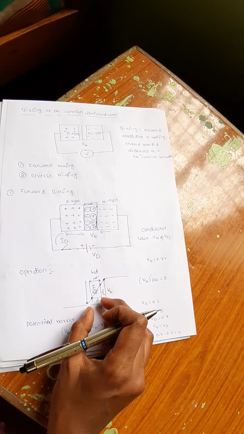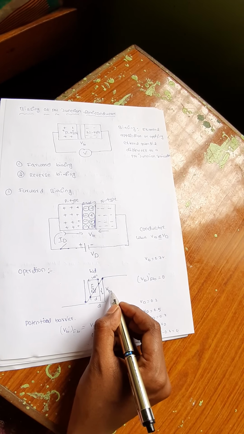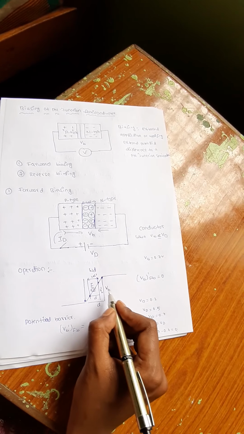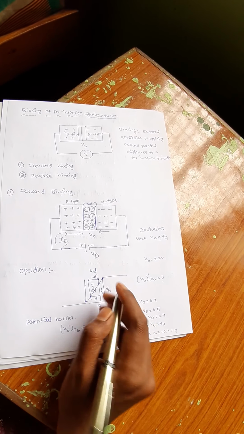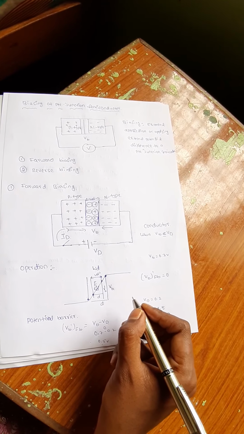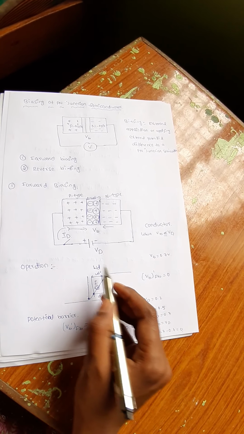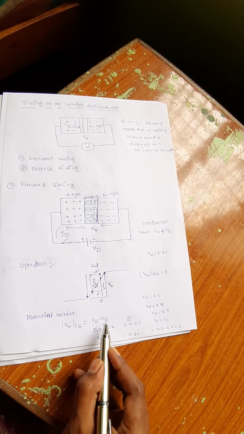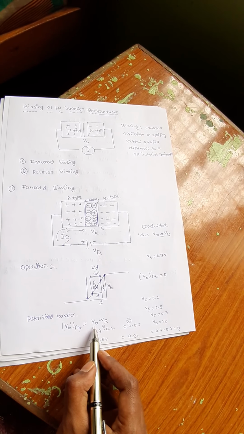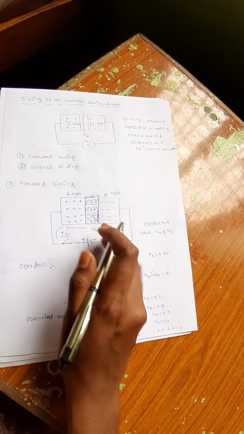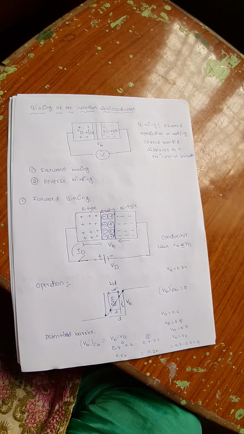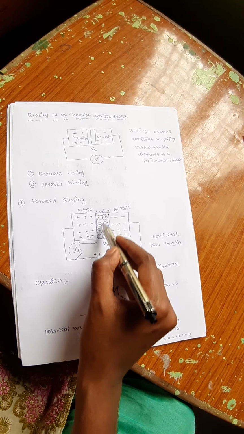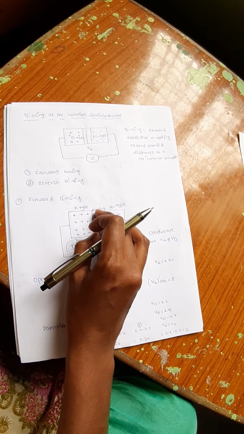Whenever the depletion region shrinks, the potential barrier VB also decreases. If the external voltage is increased more and more, the potential barrier will also decrease in a respective manner. Consider VB dash in forward bias equal to VB minus VD. If VD is increased more and more and reaches the VB value, then there is no potential barrier over here, which means there is no depletion region. So WD becomes 0.